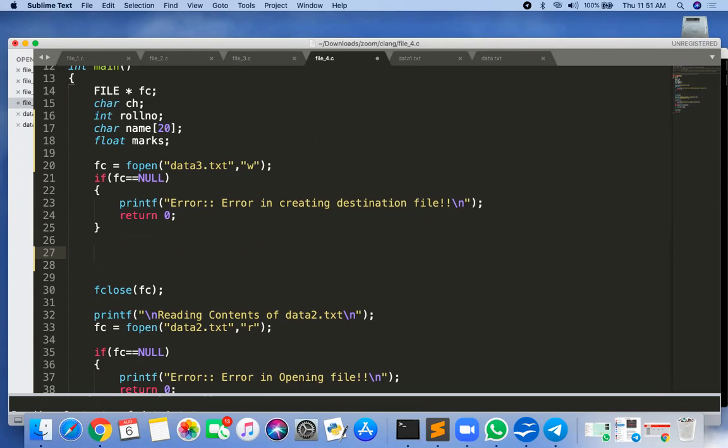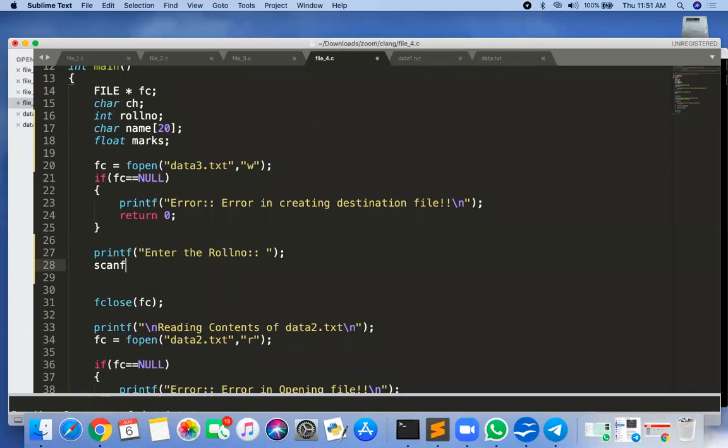So how to store? First we need to take the user input. Printf, enter the roll number. Roll number can be input using scanf %d, address of roll number.